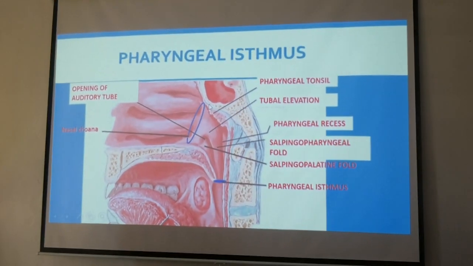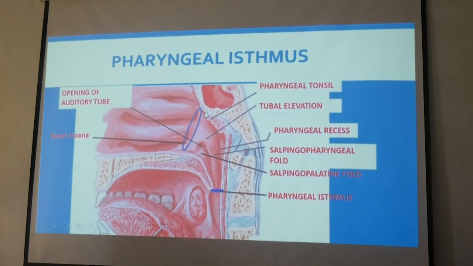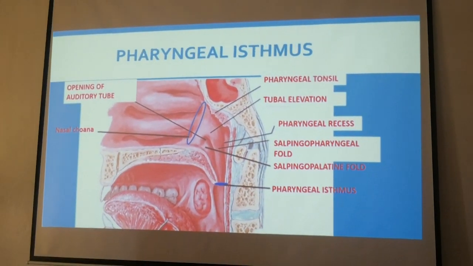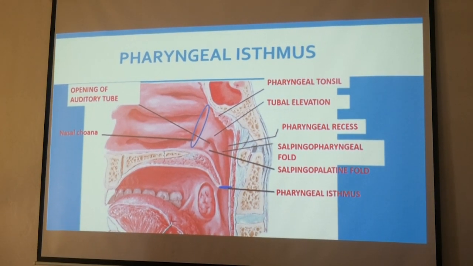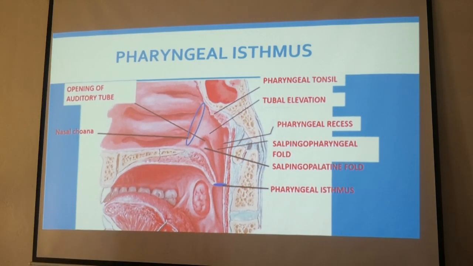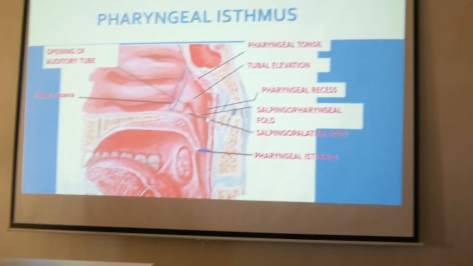অবস্ট্রাকটিভ স্লিপ অ্যাপনিয়া, obstructive adenoids, adenoids এর জন্য হচ্ছে। ঠিক আছে,